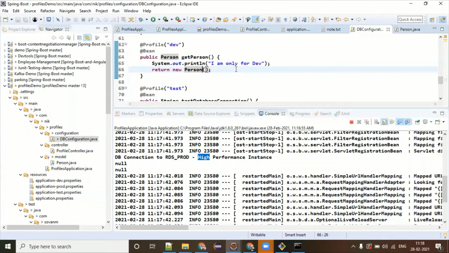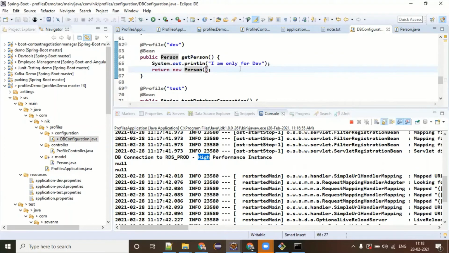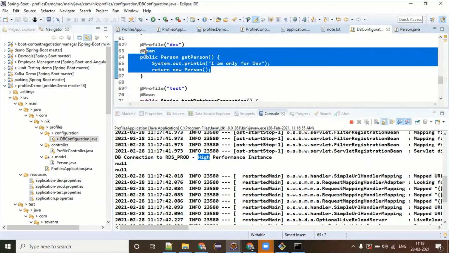Exactly. So I think you have a slight confusion in the Spring IoC concept of bean creation. The moment you say @Bean, it means Spring will be creating the bean of this particular class and putting it into its container.